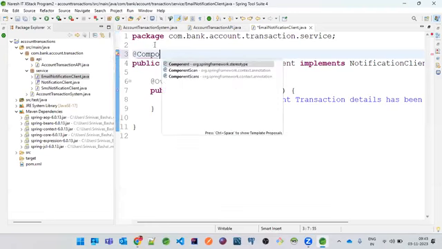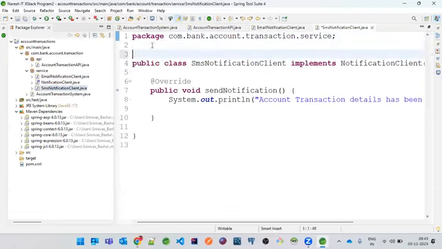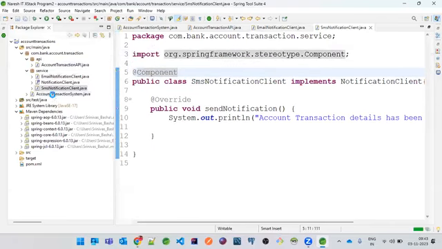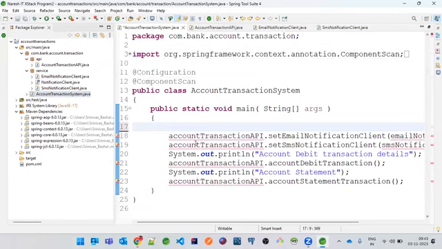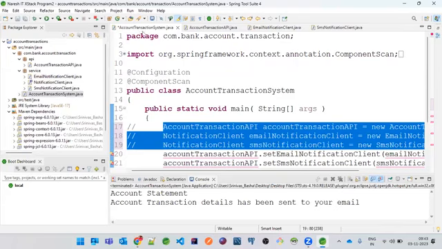@Component. @Component. And these steps are not required. The objects will be created by Spring. Got it? That's the simple idea. So I just want to comment this out. Okay. Now, the other thing is,